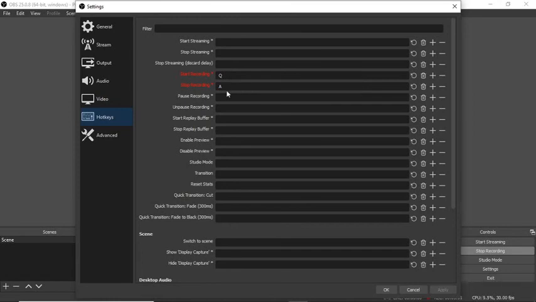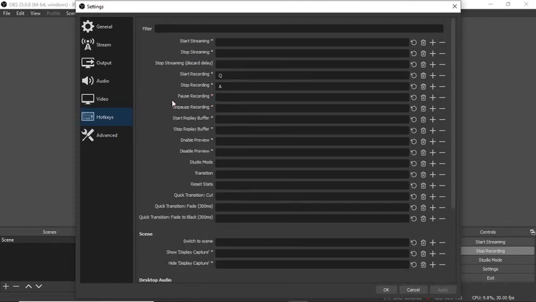Because I'm a left-handed fellow, right? So I have Q and A, which is on the left-hand side of the laptop. So if I click on Q, after I have assigned it for start recording, it will start recording. After I am done with the recording, after I am done with the voiceover, what I could do is touch the A key on the keyboard, and then it will stop recording. Like that you could do it.